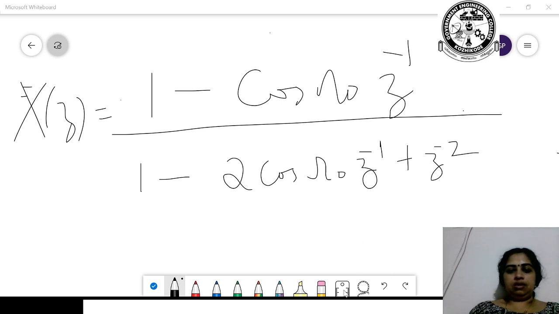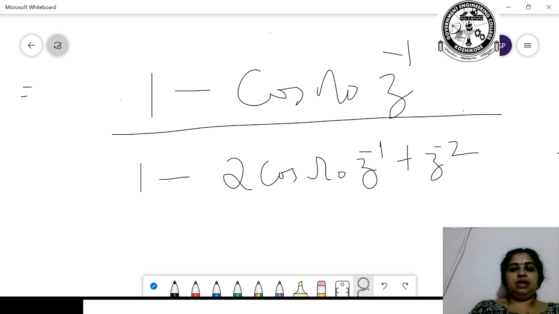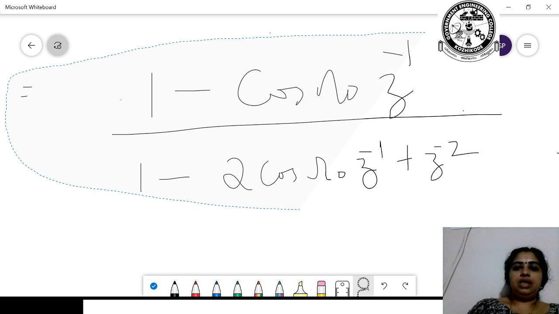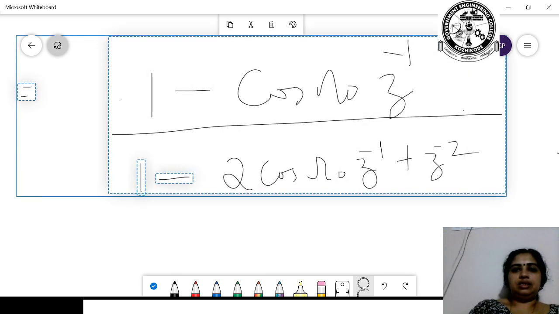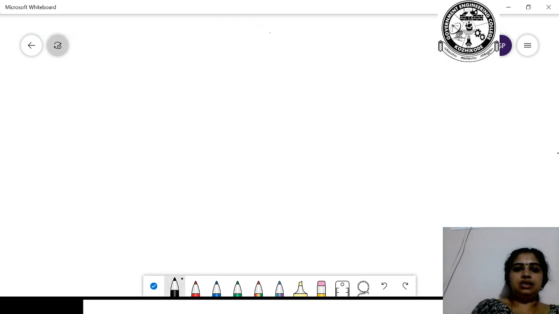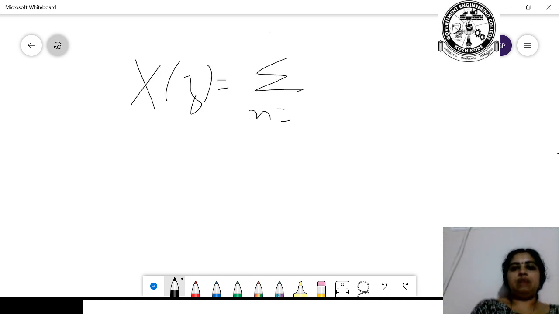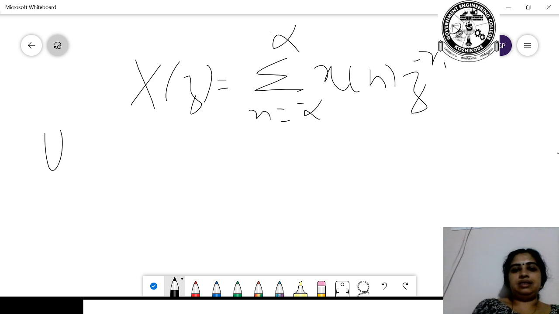There is another concept that you have to consider. Now we have seen what the z transform is. There is another concept known as unilateral z transform. In the z transform we have considered the equation as X of z equal to summation n equal to minus infinity to infinity x of n into z raised to minus n. Now this is the bilateral z transform, because you have considered the range from n equal to minus infinity to plus infinity.